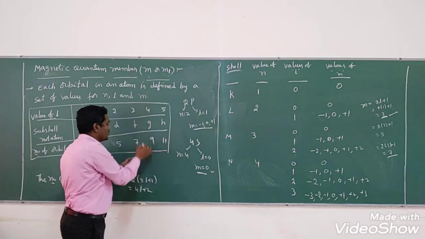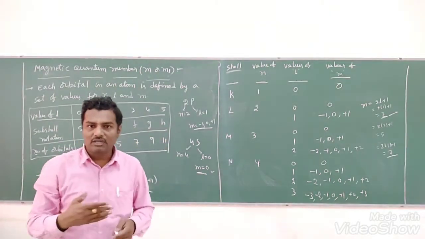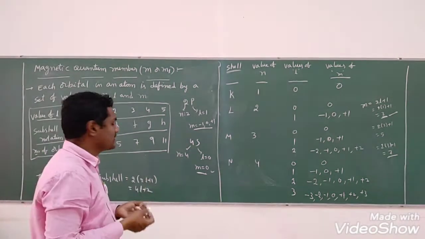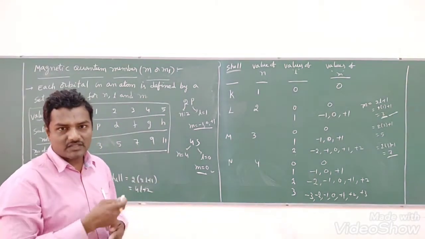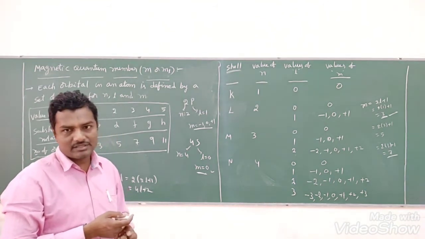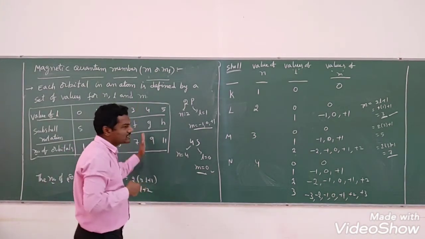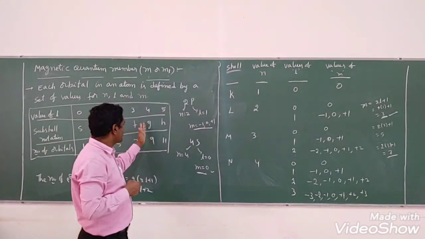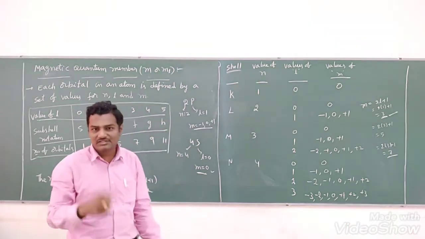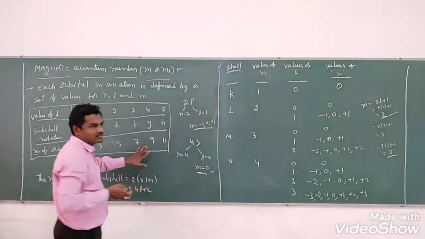Up to the F subshell only we have in the periodic table. G and H they have still not found. They have proposed the next subshells may be G, then H, like that. But till now we have only 118 elements. So for writing the electronic configuration up to 118 elements, the F subshell is enough. That's why we are not going to use G and H subshells. But I have given you one idea about this.